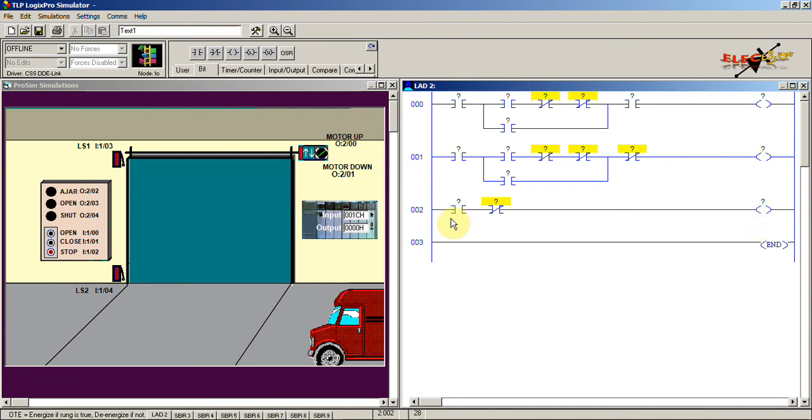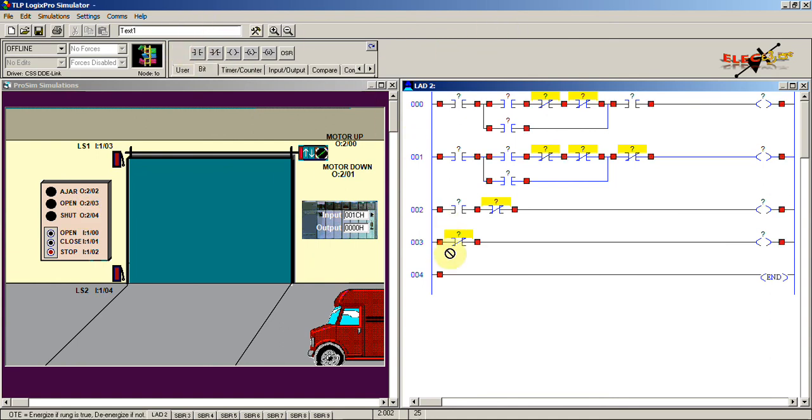So the next indication will be the door open. For that we will use this examine if open instruction for the up limit switch, and then an output energize for the door open indication. And the next one is door closed.